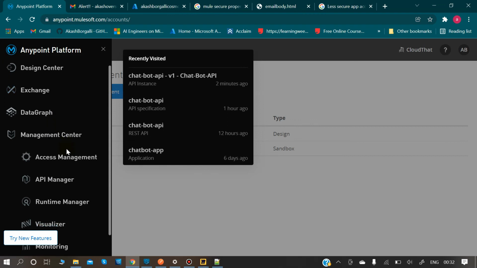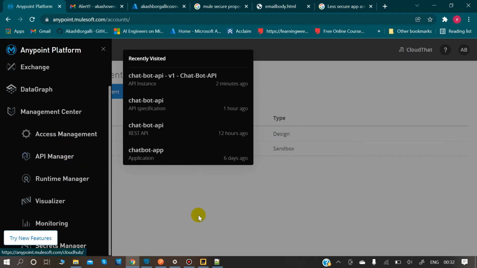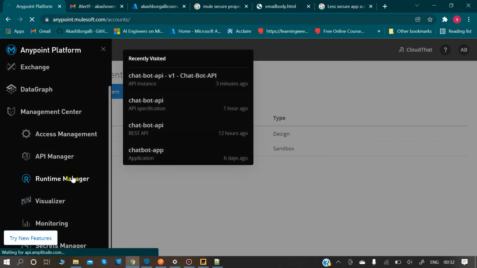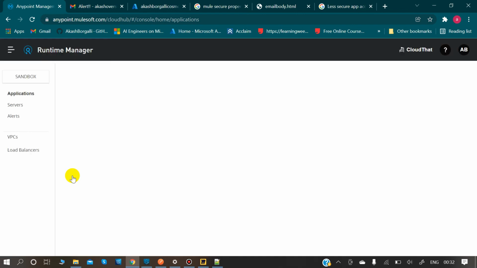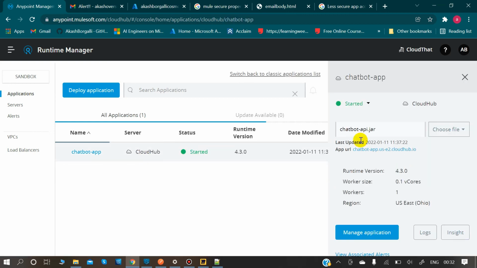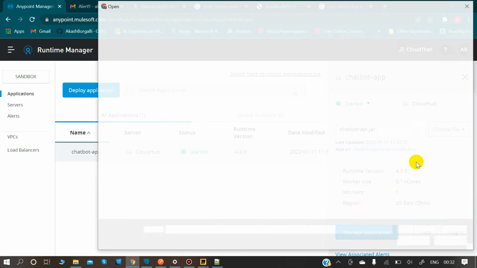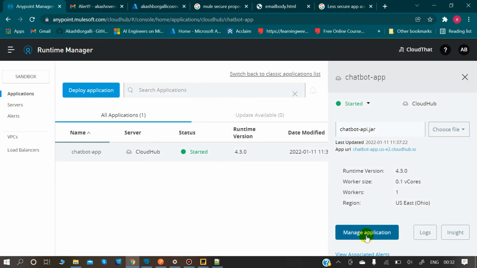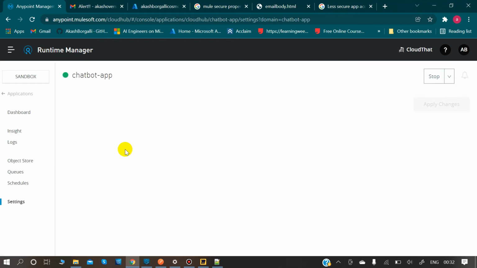Okay, so now let's move to our runtime manager. Here you would give that particular jar file as I told you. You will come here, choose a file, upload a file. For now I am not doing it as I have deployed. Then you click on manage application.